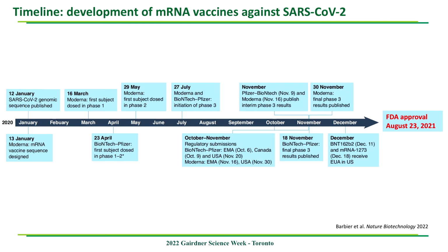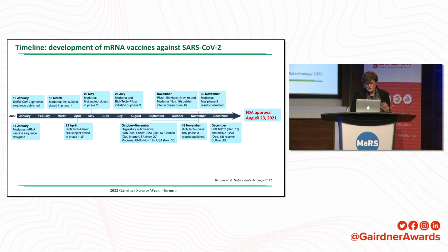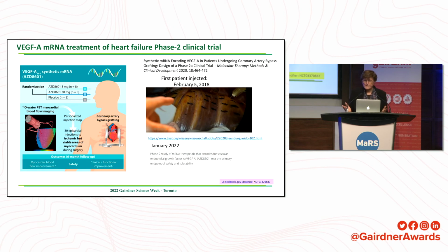And you are already quite familiar with how, in January 2020, we learned the sequence information, and by the end of that year, we also had the vaccine. If all of these things had happened even just 20 years before, the information would not have been enough, because 20 years ago you just couldn't order DNA synthesis, so the genes couldn't be ordered, but here you could order them. And of course, with input from government and others, it accelerated and helped to run the clinical trials, and many people thought at that point that this was the first time nucleoside-modified mRNA was injected in humans. What you might not be aware of is that